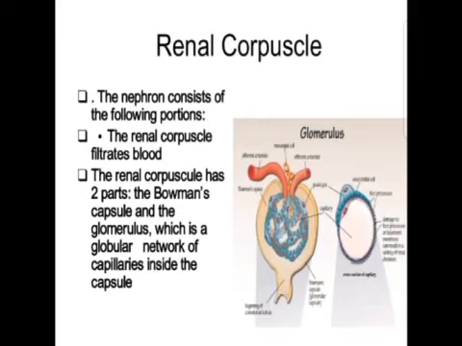As mentioned, the renal corpuscle consists of a Bowman's capsule and a glomerulus. The Bowman's capsule, also called the glomerular capsule, is in the form of a double-walled cup having an outer or parietal layer and an inner or visceral layer. In between these two layers lies the capsular space, which is also called the urinary space.